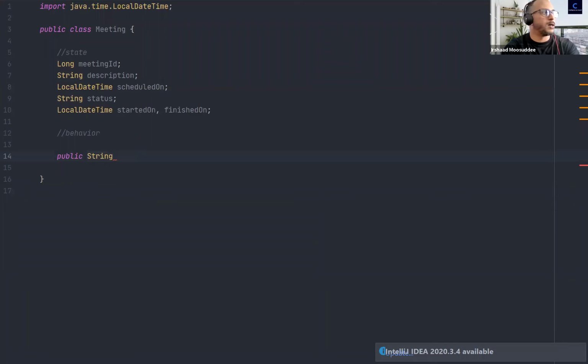So we're doing a method now. So public is the accessor. So whether it's publicly accessible, we'll look at the different types of accessors that we can have. We can have public, private. We'll look at that a bit later. And first is the return type. So I'm expecting the method to return a string. And next I'm going to write my method name. So let's say I want to start meeting,